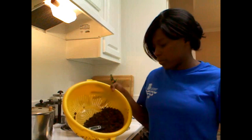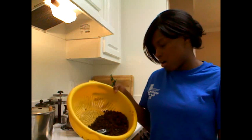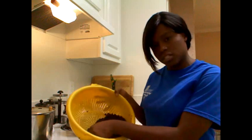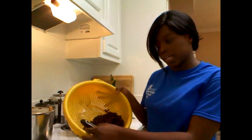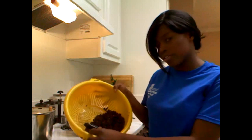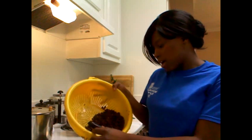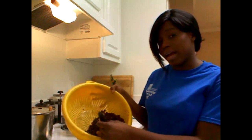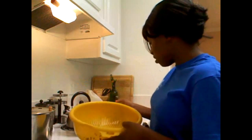So we've been out of the roaster and into the colanders for a few minutes now, and what I've done is I've just stuck this thermometer into the coffee beans to give you an idea of how hot the beans still are. It was almost 200 degrees. It's approaching 160 right now, and we're going to go ahead and bag them. I don't like to leave them in the air for too long,